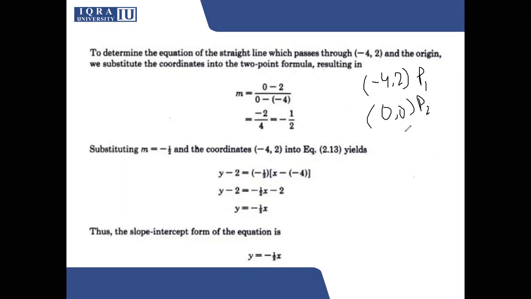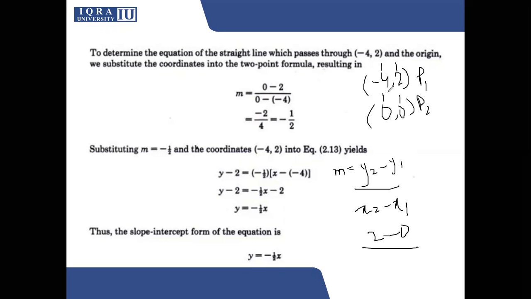The first step that you do is find the slope. And how do you find the slope from this? You find it using the 2-point formula, which we covered in the last slide: y2 minus y1 over x2 minus x1. I'll say this is y2 and I'll call this y1. I'll call this x2 and I'll call this x1. So 2 minus 0 over -4 minus 0. If I solve this out, I will get -1 by 2.